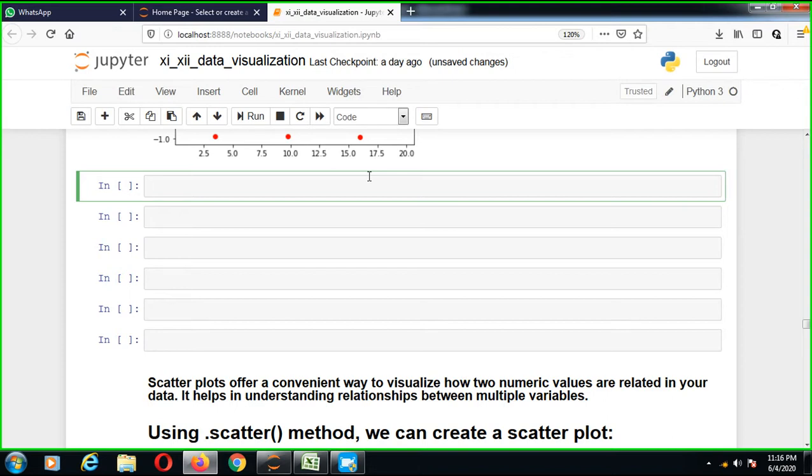Now I'll explain the bar graph. Next is the bar graph. So what is a bar graph? First important thing, what is a bar graph?